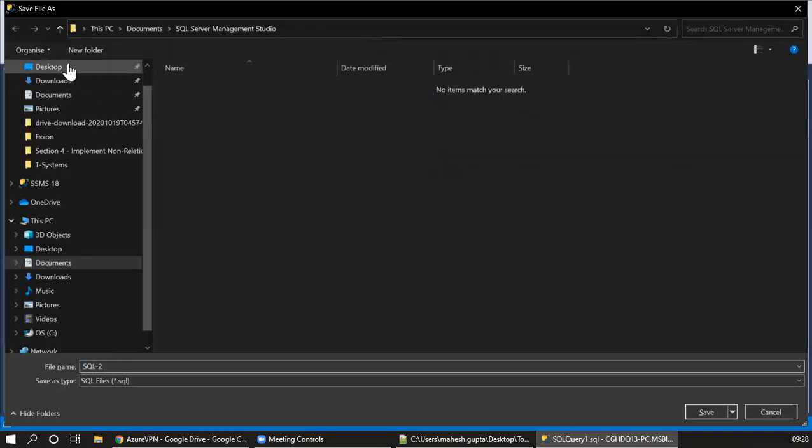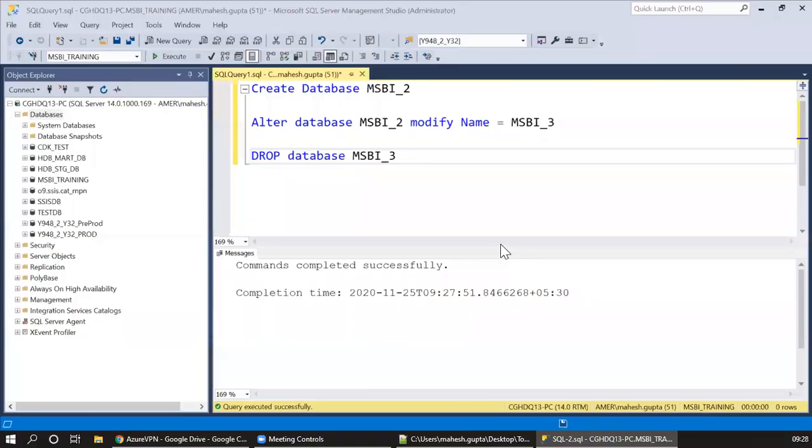So drop and delete have the same meaning? No, they are different in databases. We will see as we move forward where we use delete and where we use drop. But to answer your question, delete and drop are not the same. To delete any object, and a database is an object,